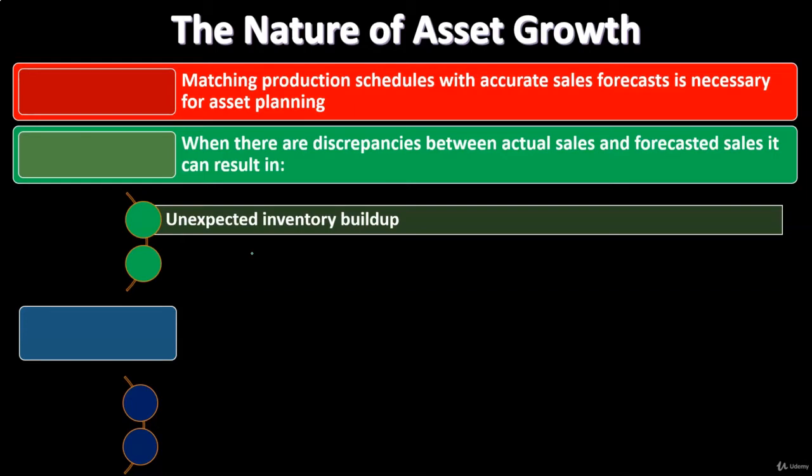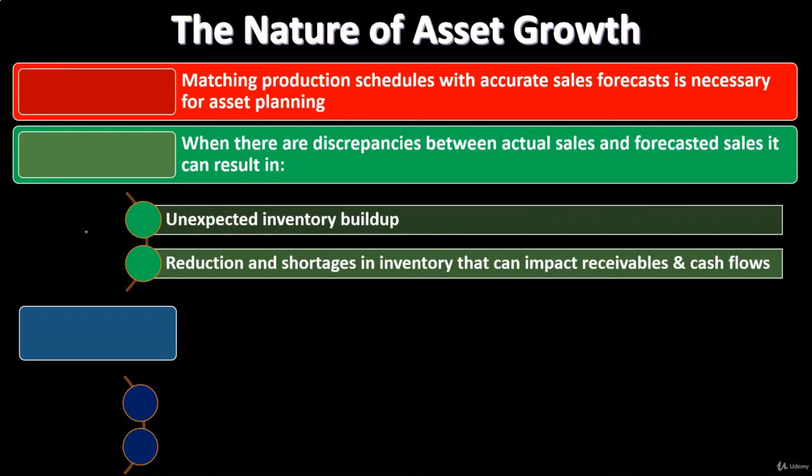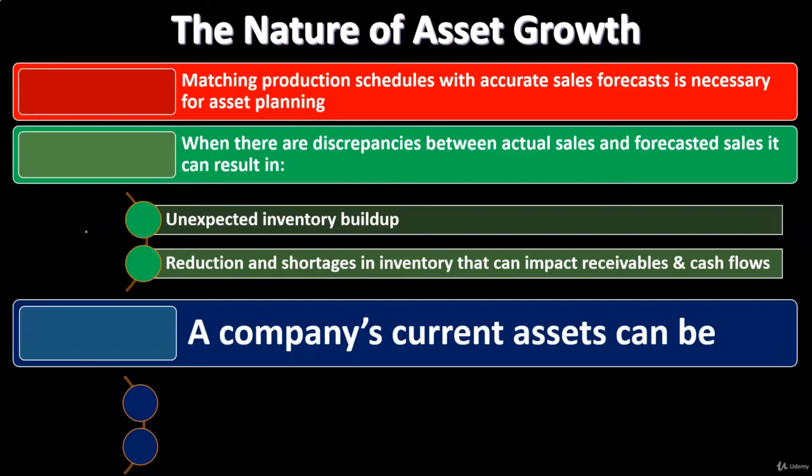So we want to make sure that we can get the plan in alignment as much as possible, so that we can make our production or purchasing plan line up with the amount of sales that we are going to have. A shortage in inventory can impact receivables and cash flow. On the other side of things, if we have more sales than we thought, then we won't have produced as much as we could have sold, and we're going to have a shortage of inventory that wasn't planned. A shortage will result in sales that could have been made that were not made. So that's not good.